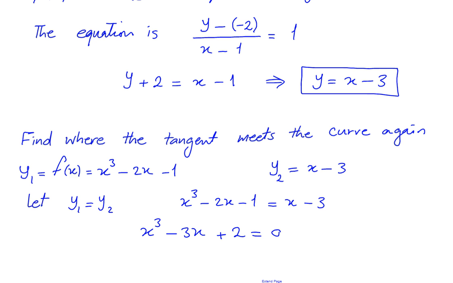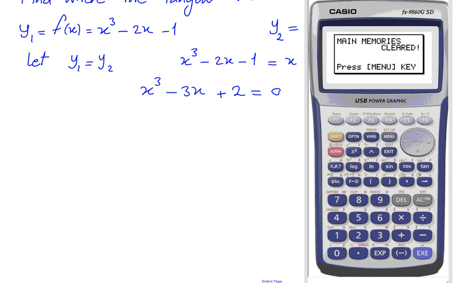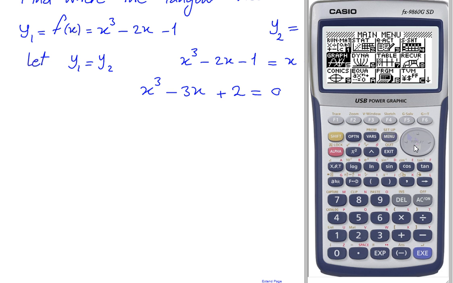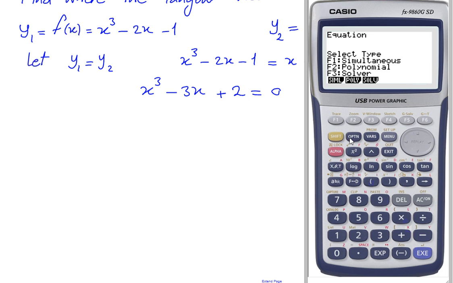And to do this I'm going to use the calculator. So using the calculator I'm going to go to menu and then equations. This is a polynomial, so f2, and it's of the third degree, and then enter